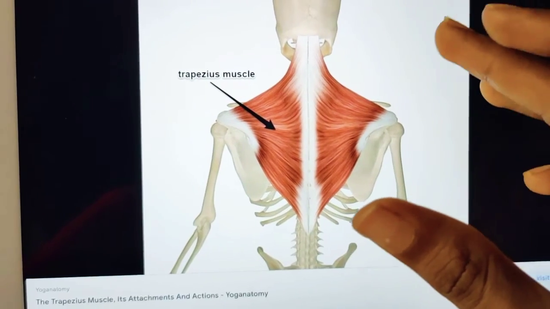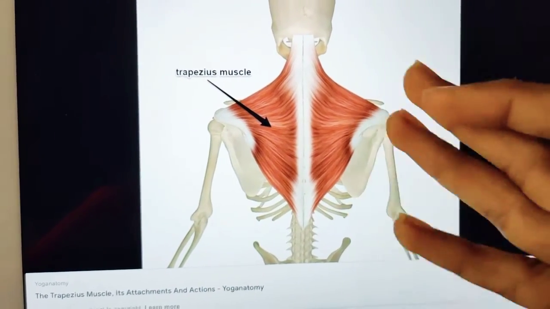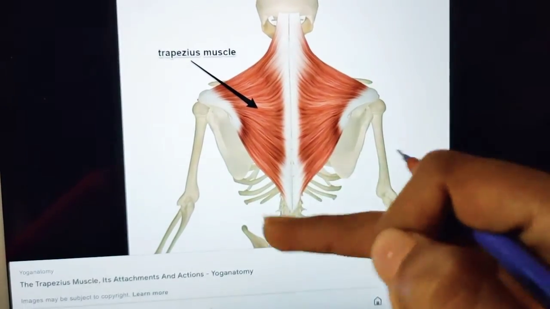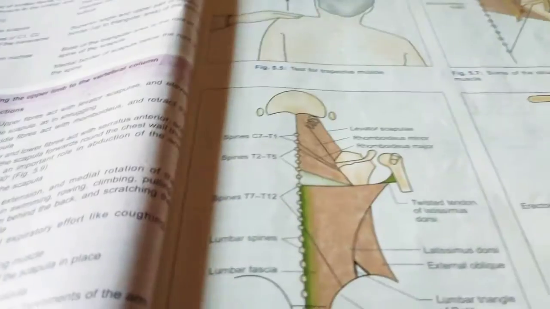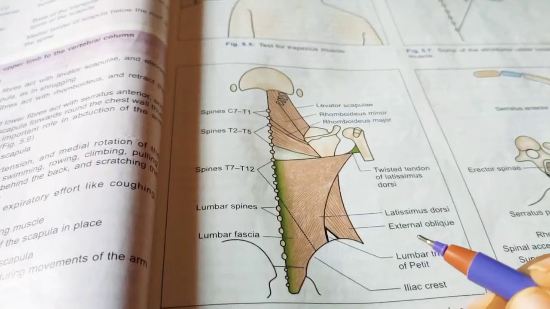That's why in the before video, if you have seen inside the trapezius muscle what are the other muscles, we also see the latissimus dorsi, because it will be over here. But if you remove this flap, inside you can find this latissimus dorsi. So we can see here the latissimus dorsi, right? It's covering a large area of lower back.